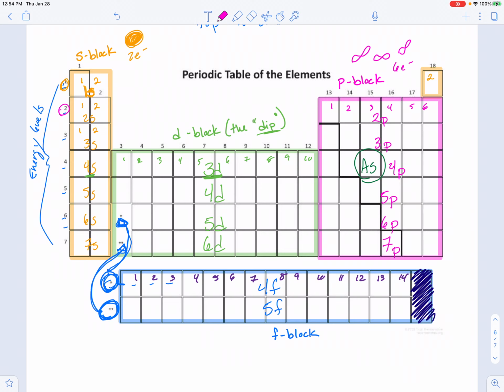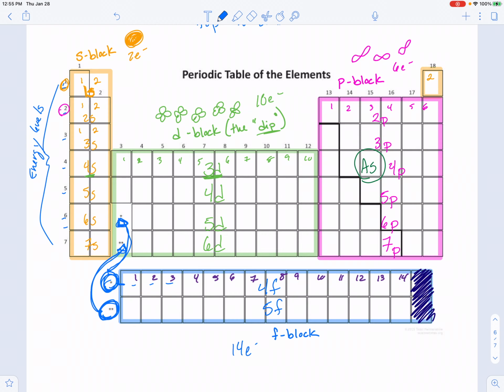Your D block has a total of 5 orbitals. Each one looks like a little clover thing. I'm going to draw 5 of these. Anyways, it has 5 orbitals, and so it can hold a max of 10 electrons, and I am not going to draw the F ones because that would take forever, but it can hold a total of 14 electrons,